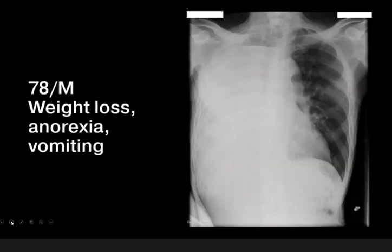Next is a 78-year-old male with weight loss, anorexia, and vomiting. And we can see again an opacified right hemithorax, and the trachea is shifted towards the right side as well. If you'll notice, there's a distinct air fluid level, and what could cause an air fluid level? So normally we could think of